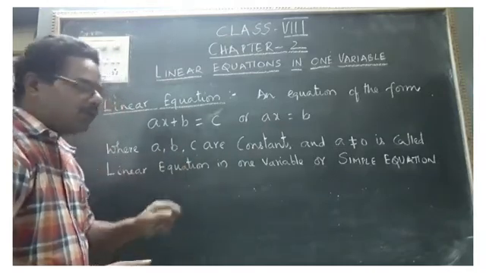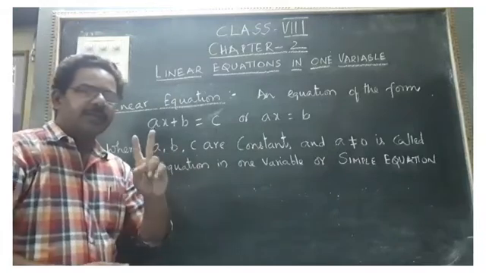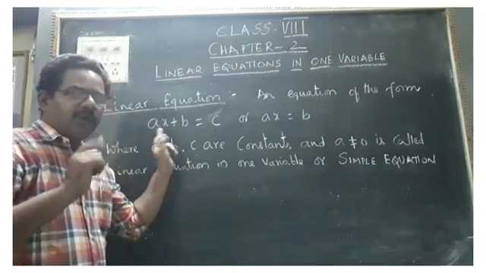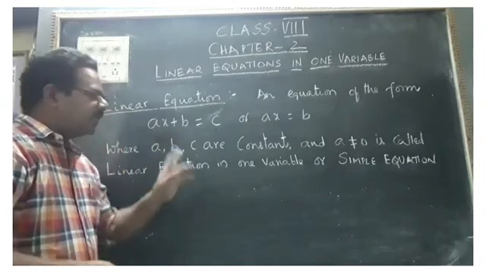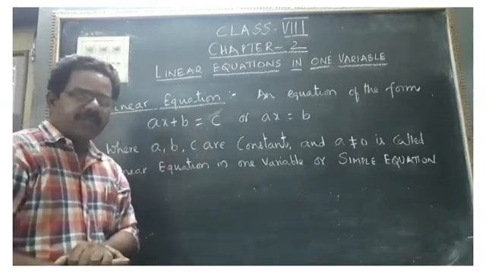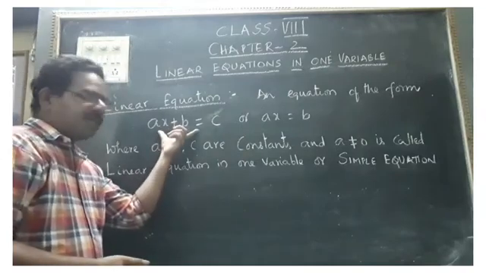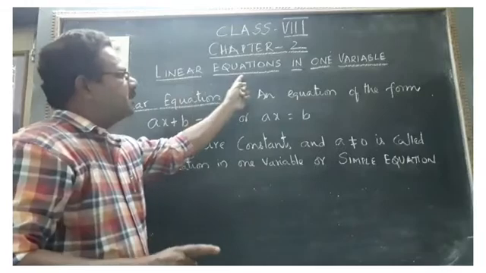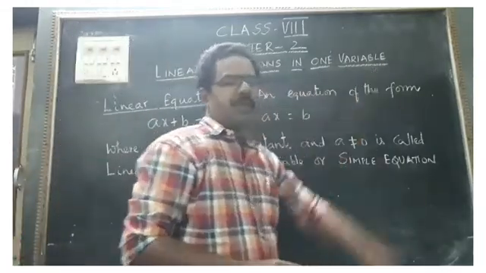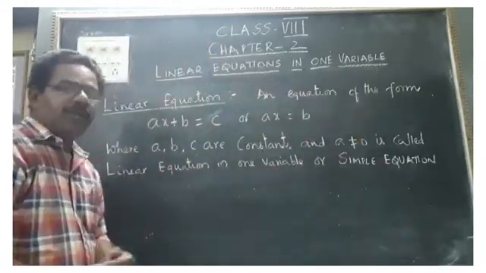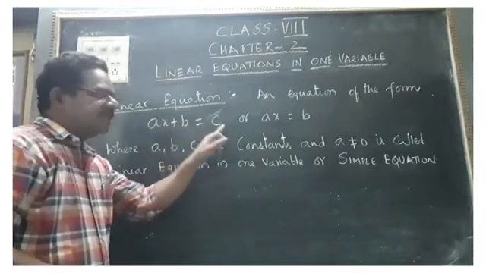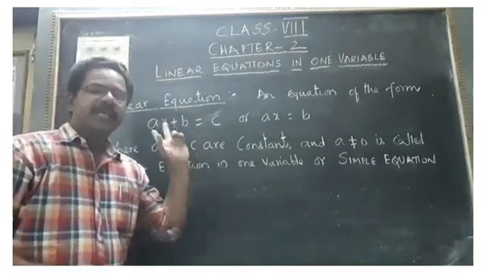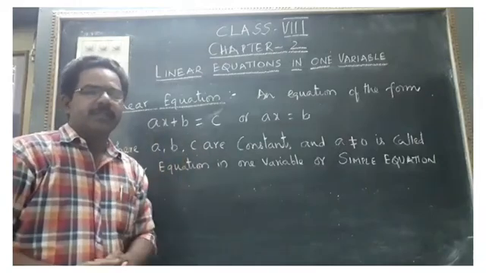But in the second or third equation, I think 2 variables are there. Here we are discussing only one variable. So we have different types of linear equations. In that, this is the first type, only one variable. Our heading is also linear equations in one variable. Sometimes you can have 2 variables, ax plus by is equal to c. It is also a linear equation, but it is a linear equation in two variables.